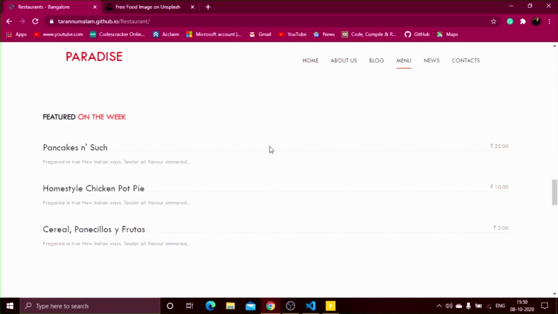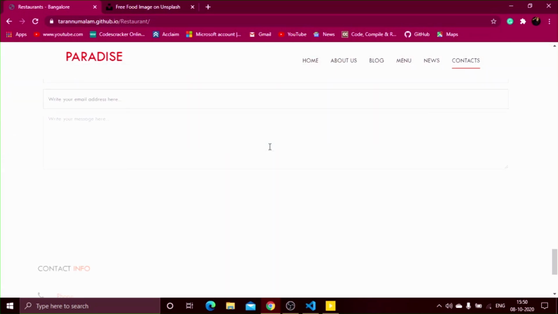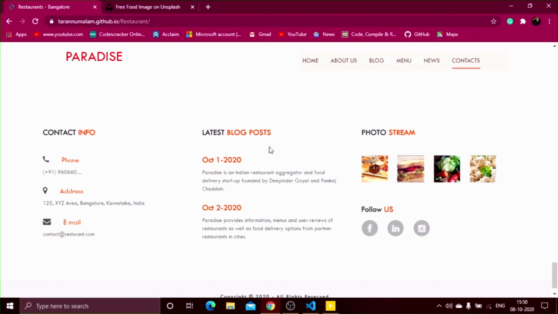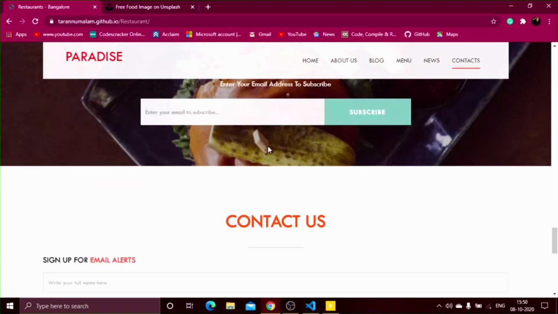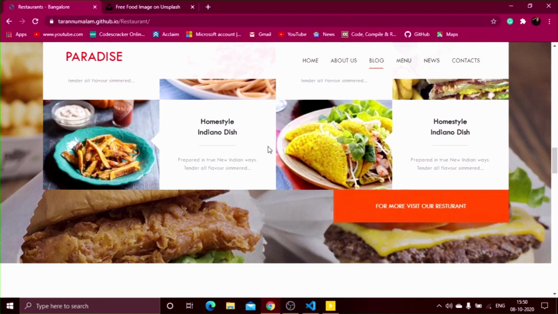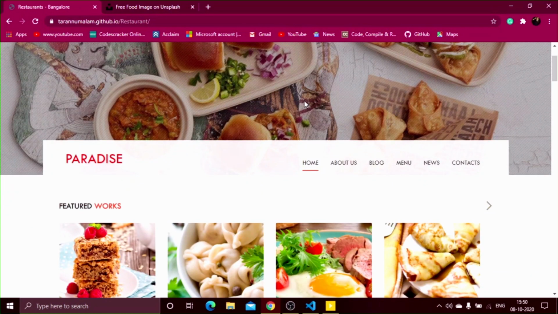I have done this front end project using HTML, CSS, JavaScript and some libraries like responsive CSS libraries, plugins libraries, font libraries and so on. This is the retro landing page of the Paradise restaurant. This is a background image, we call it our hero background image.